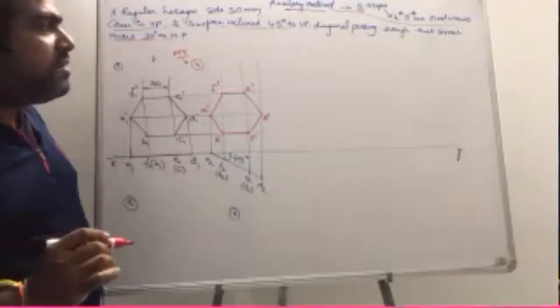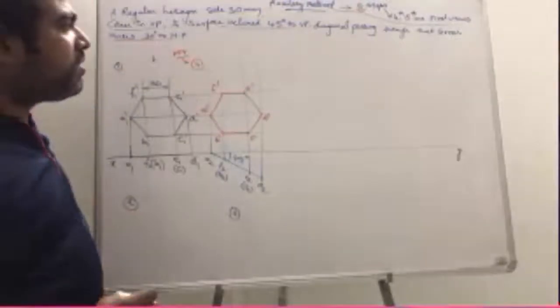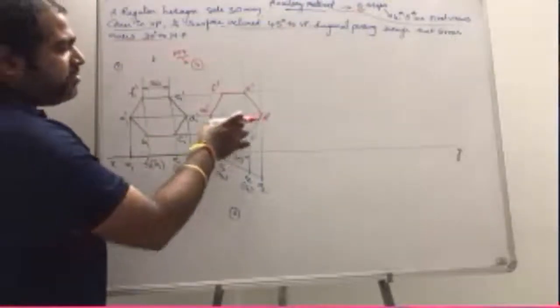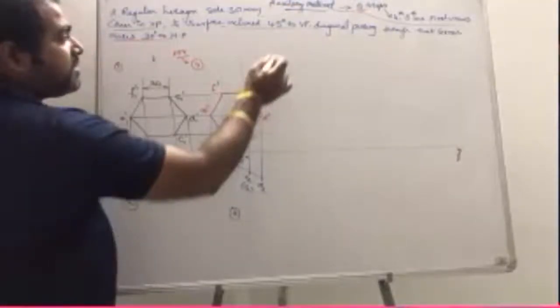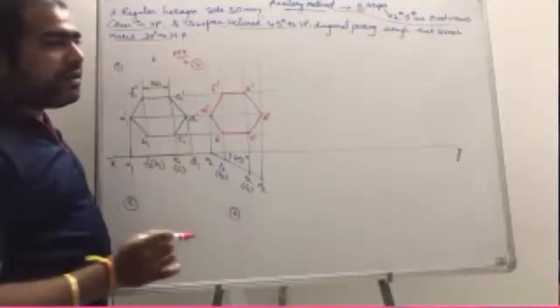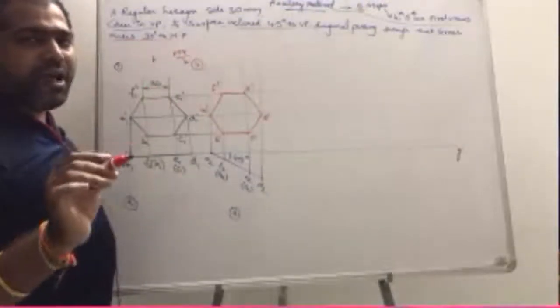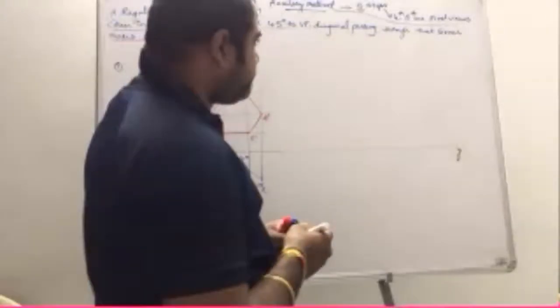We have to find the apparent angle. If he gives that the top view of the diagonal passing through this corner makes 30 degrees, directly you just go for 30 degrees. But if he just gives the diagonal passing through, whenever he didn't represent it as the top view of the diagonal, then you have to find the apparent angle. How can we find the apparent angle?